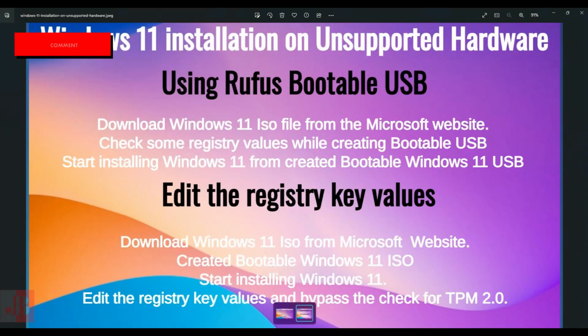There are many methods to install Windows 11 on unsupported hardware, but these are the two I'll be covering. We'll be using a third-party tool to create a bootable USB and install it, bypassing the minimum requirement. And the second method is by editing a registry value while we are installing